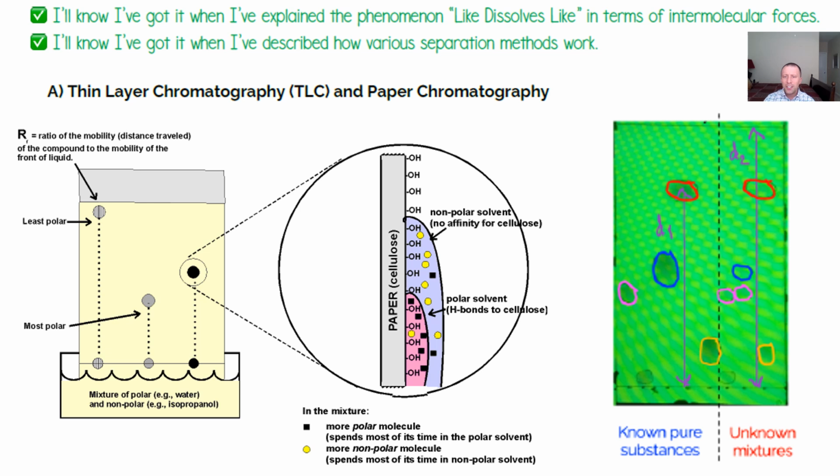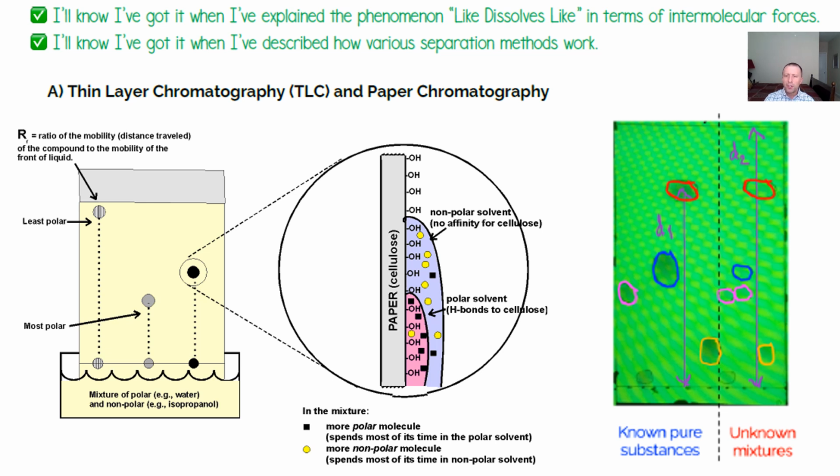So on the right is actually a picture I took when I was in chromatography as a college student. And so the 1, 2, 3, 4, 5 lanes on the left are pure substances. Like I knew what these things were. And then the 1, 2, 3, 4 lanes on the right were things I did not know what they were. And they were mixtures. And so I was able to identify what was in the mixtures by comparing how far the spots moved to the known